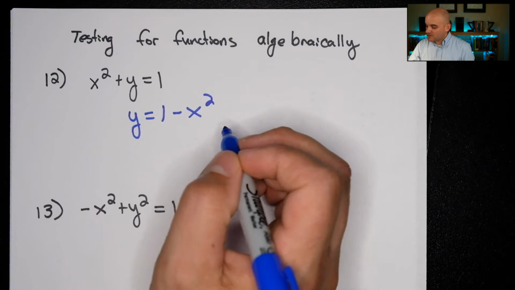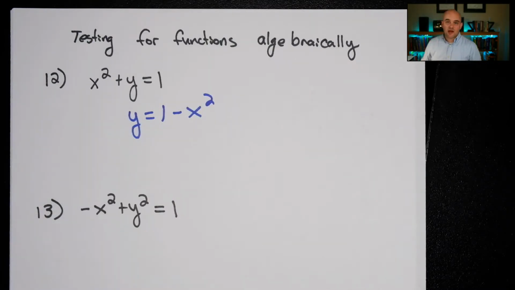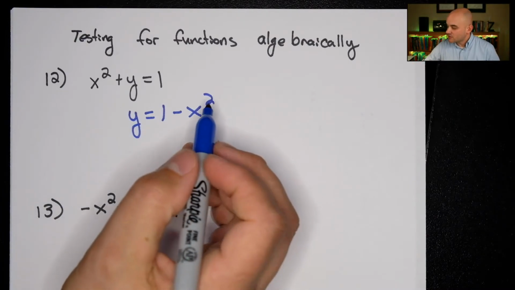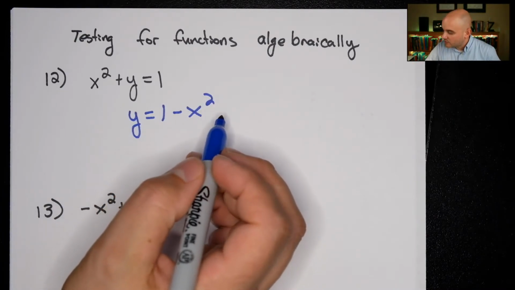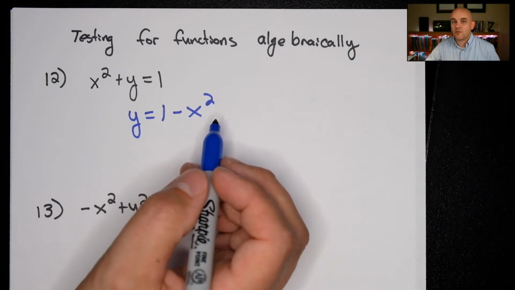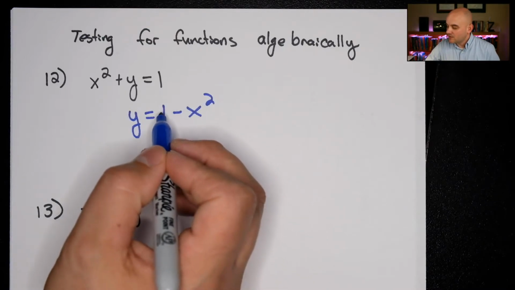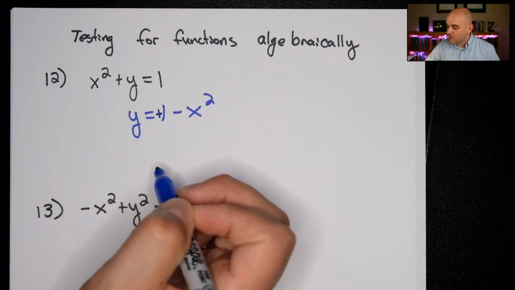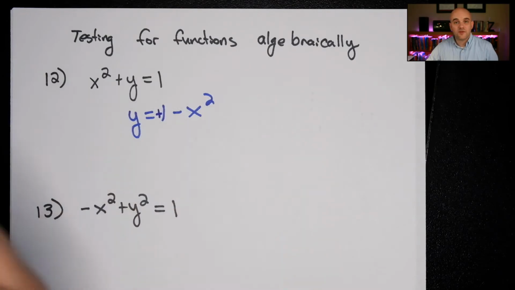But there are other ways that we can check this, and one of them is graphically. Now, you can't use a graphing calculator on a quiz or a test, but I still think it's useful as you do your homework to graph these things and get used to seeing what these look like. So if you have x squared right here, you should remember, hey, that's what a parabola looks like. And if you don't remember that, we're going to go over parent functions very soon so that you do. And then this plus 1 will shift the graph up 1, and the negative flips that. So for instance, let's look over here at